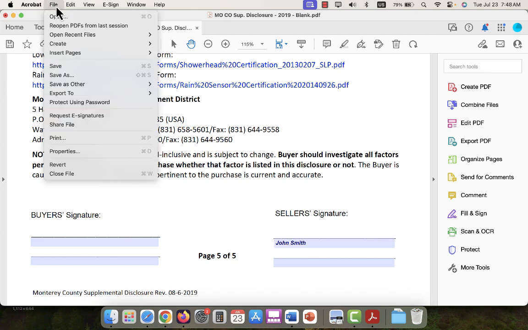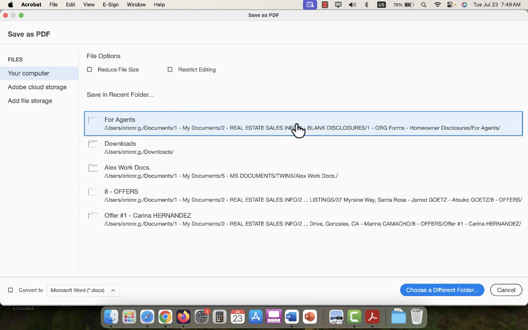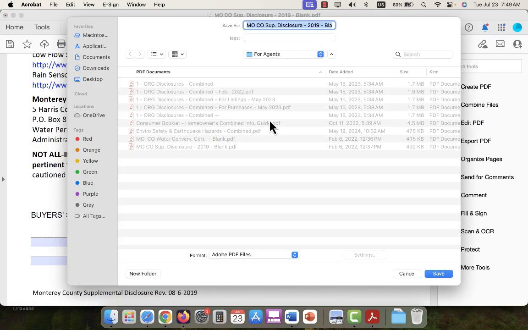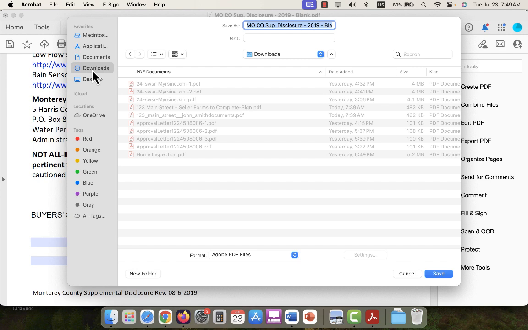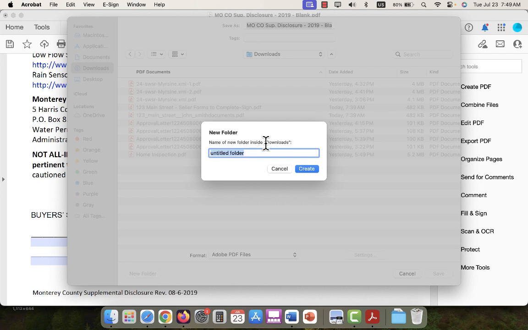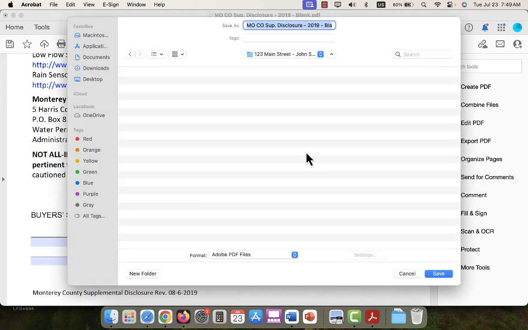Go ahead and save the form in a separate folder. So in this case, I'll put it in my downloads. And you should have a folder already created for this listing. 123 Main Street. Then the name of your seller, John Smith. So here you'll create the folder and save the Monterey County supplemental disclosure. You save it,